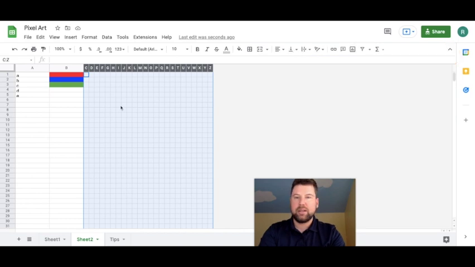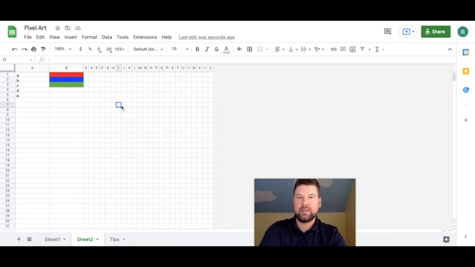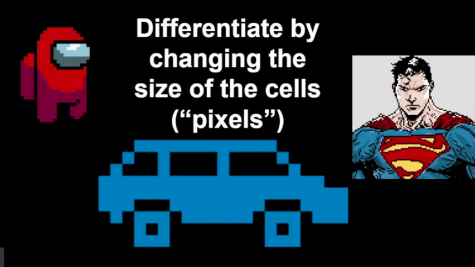Once you have all that done, you can then go in these cells. And if I type in, again, I still have 1 as red. If I do B or C,